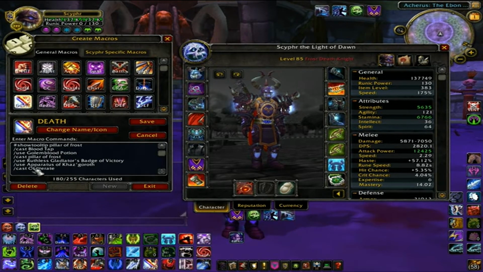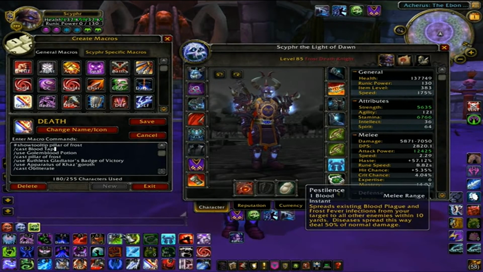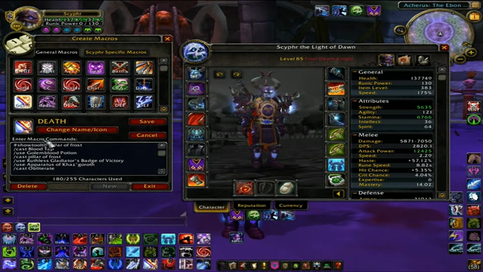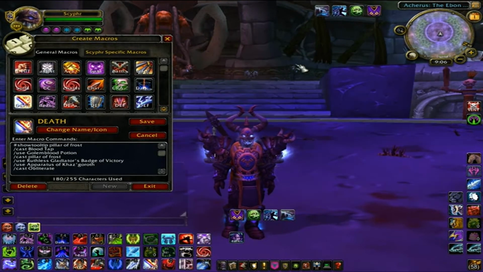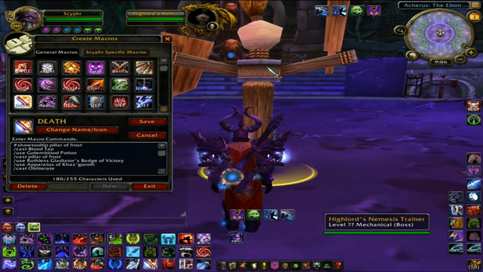Then Cast Obliterate. That's just to give you an instant attack right after the macro, but keep in mind you're going to be wanting to obliterate and frost strike as much as possible as soon as this macro goes off. And we'll give a little demonstration here of this one. Now, I've done several videos on this, so